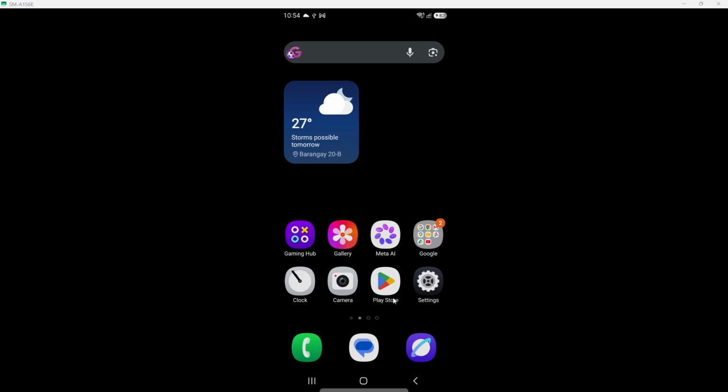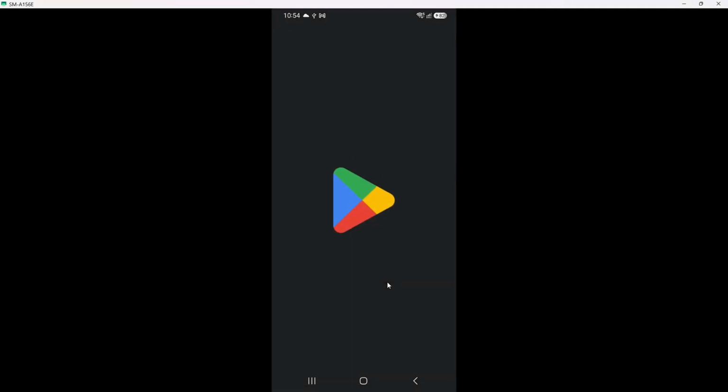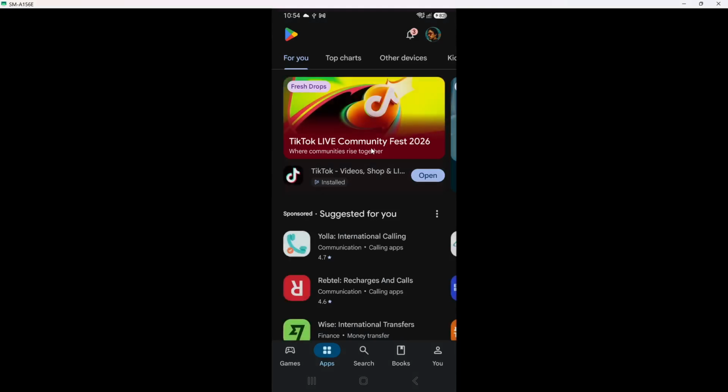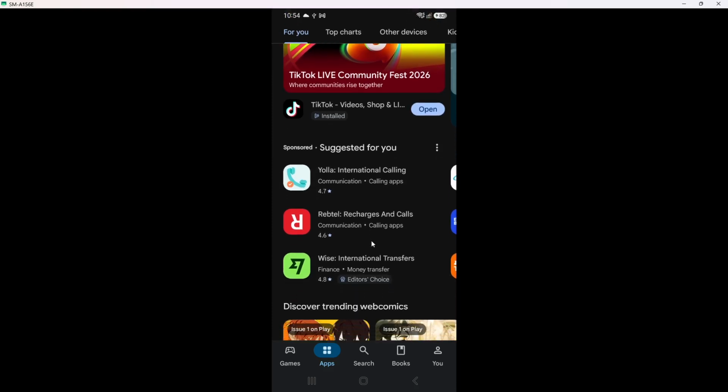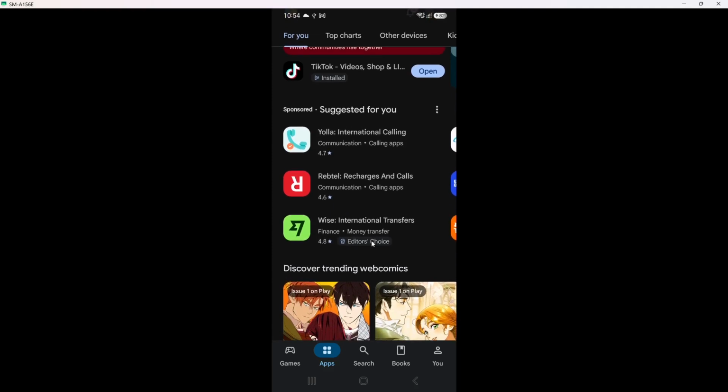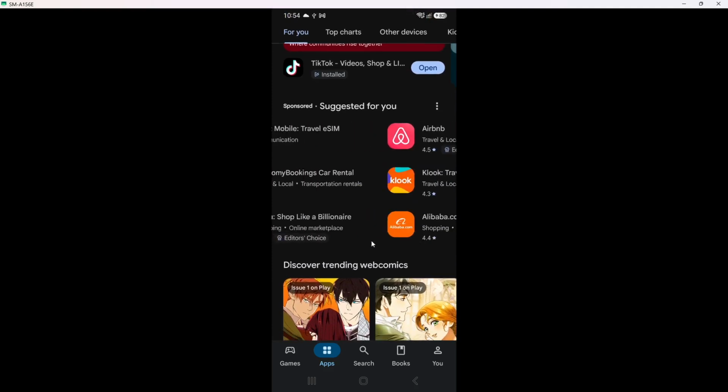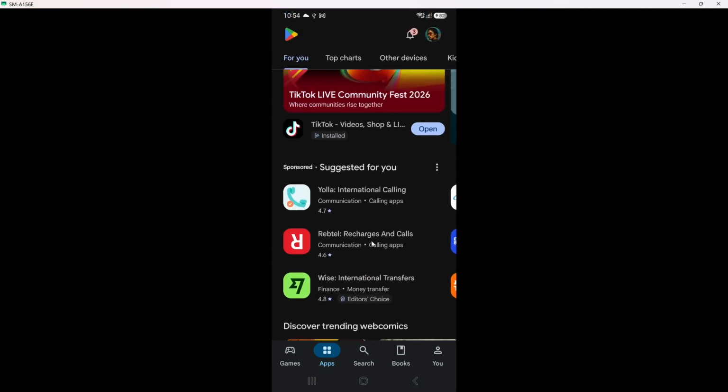First, you will need to open the Google Play Store on your Android device. This is the platform where you can download apps safely and securely. Once you find the icon, tap on it. The Google Play Store will load, displaying a variety of applications and games that you can explore. This is an important step as having access to the Play Store ensures that you are downloading the official app